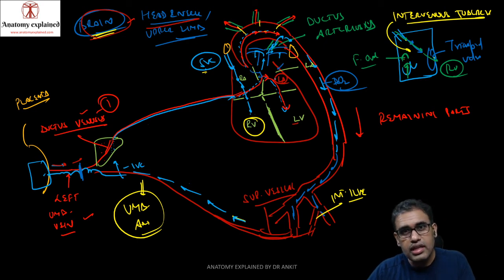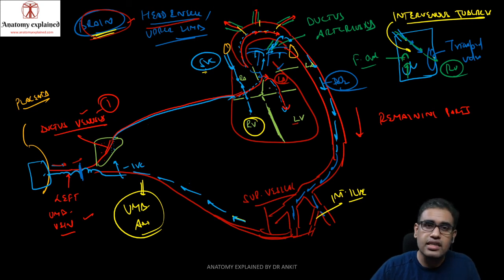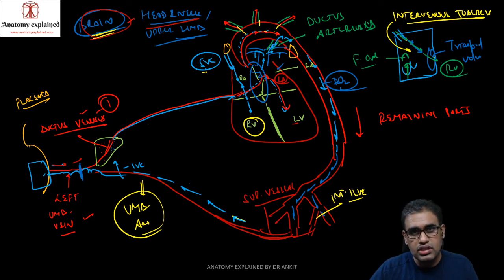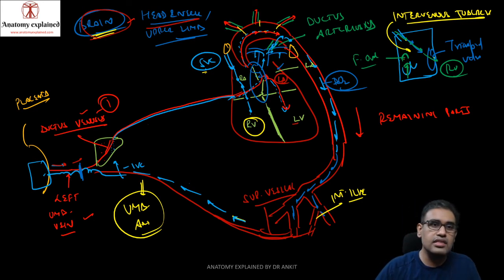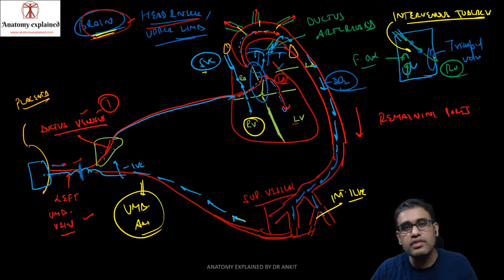When there is more blood in the LA, there is an increase in the pressure in the LA. The LA is going to close up this foramen ovale. So now this is closed. The ductus arteriosus closes and becomes some other structure. The ductus venosus will also degenerate within a few days.